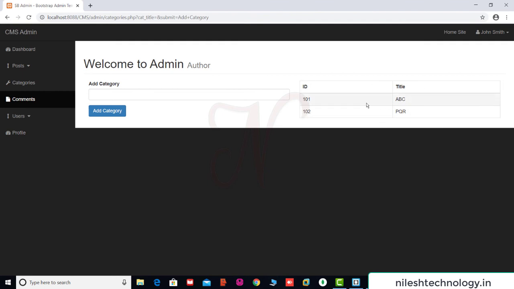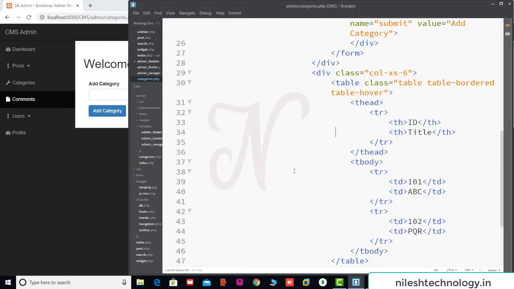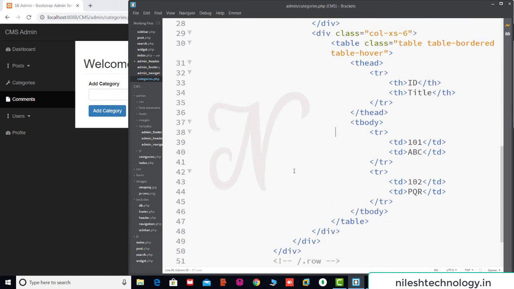Now it's time for us to display some data here by using the database table. So going to this Brackets editor, in this tr and td we added this content statically. So we convert this data into dynamic and load all this data from your database.